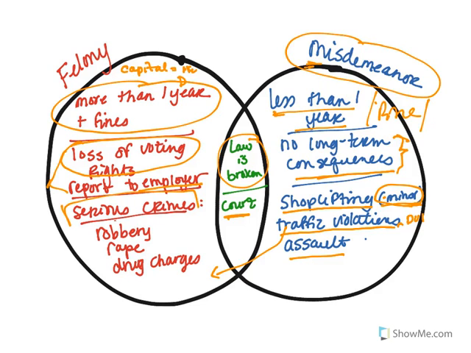Of course, these are your serious crimes: robbery, rape, murder. All of these would be considered felonies, of course, and drug charges. Depending on the amount of drugs involved, it could be a misdemeanor if it's a smaller quantity, but if it's a certain quantity, it becomes a felony. So these are things that everyone should be aware of. A felony can have very serious long-term consequences, and misdemeanors are definitely more minor charges.